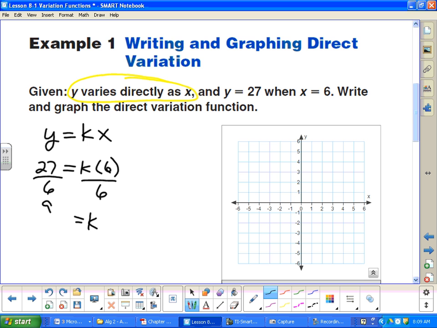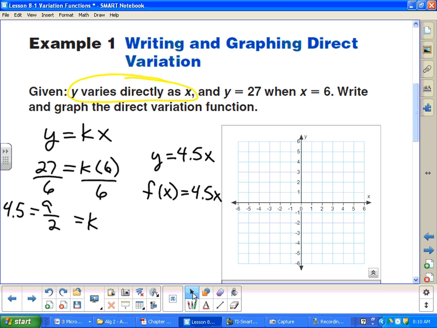And so this is 9 over 2, or if you want a decimal, 4.5. So then we would say that y equals 4.5x. That would be our direct variation function. If we wanted to, we could write it as f of x equals 4.5x because it's a function. And then when we want to graph it then,